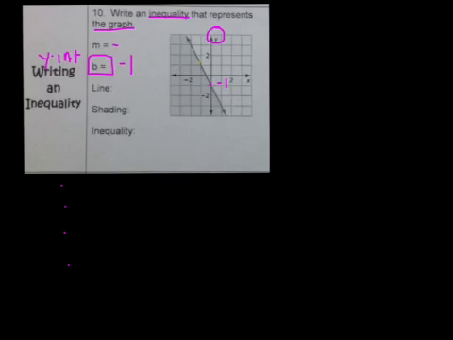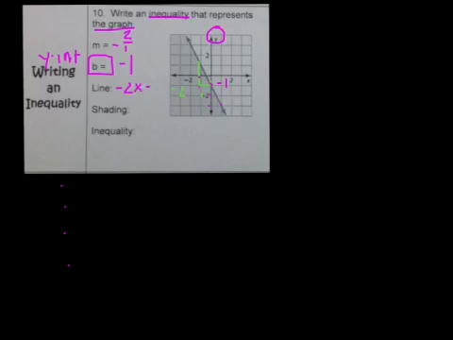Remember, you want to pick a pretty point. So if I'm looking at this, I am going down 2 and over 1. So my slope is going to be -2 over 1. I'm going down 2 over 1, down 2 over 1. And that's what would make this line, okay? So let's write our line. I would have